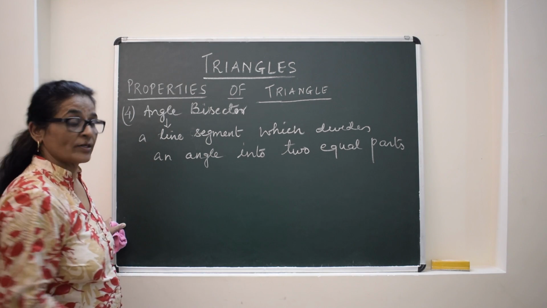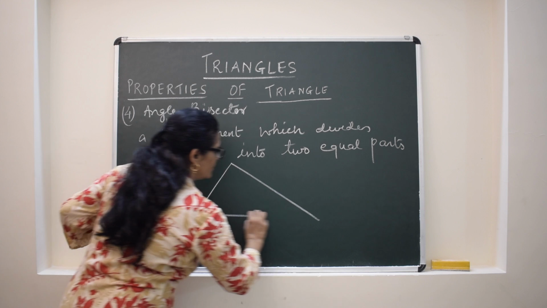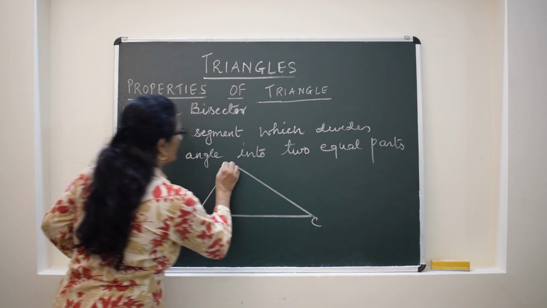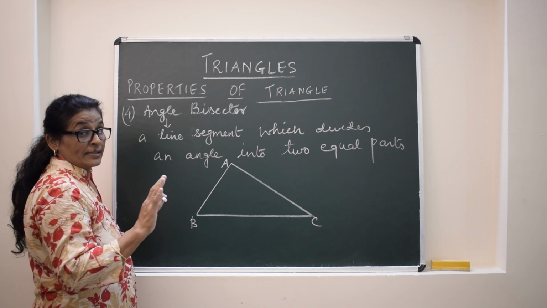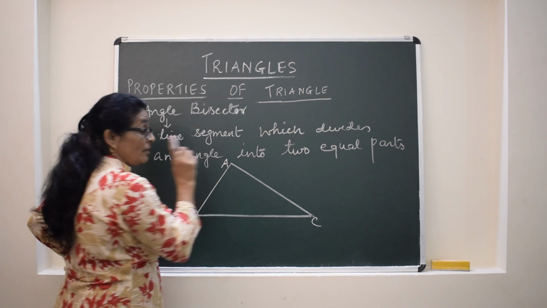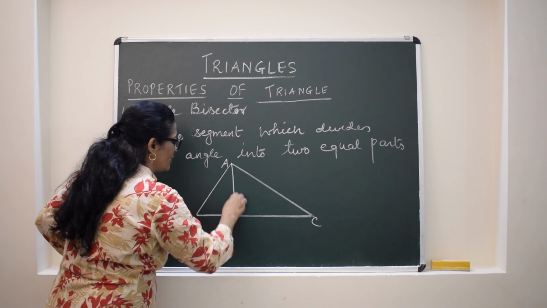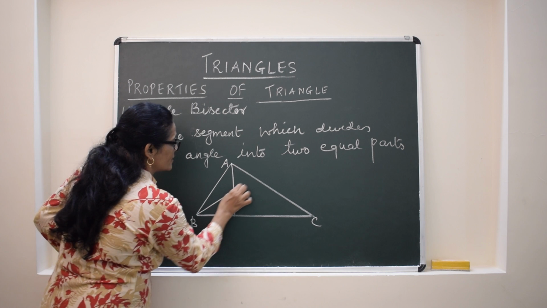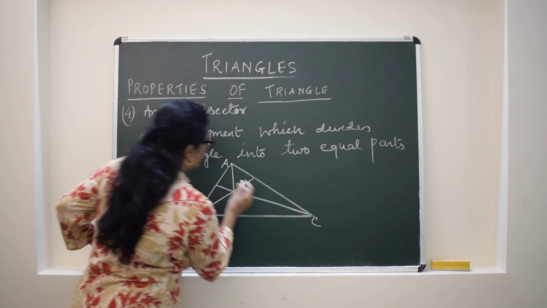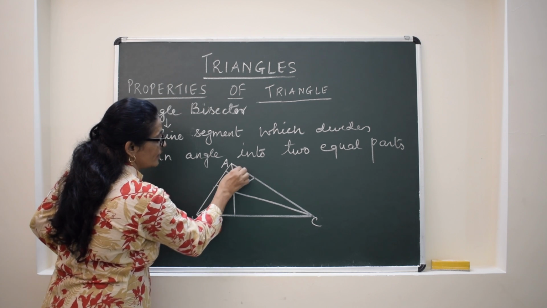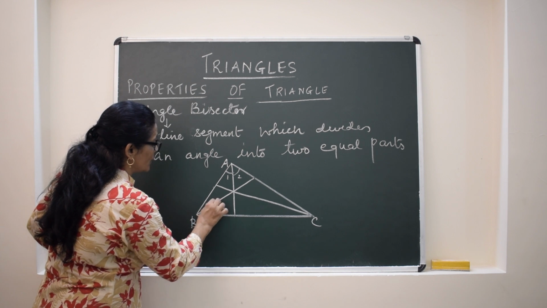So for any triangle, first we will see a general acute angle triangle. All three angles are less than 90 degrees. And if we draw angle bisectors, here also the angle bisector will be drawn from each vertex. So here I have drawn one angle bisector, another angle bisector, and the third one. Third one will come like this. It means that this angle 1 is equal to angle 2. And here angle 3 is equal to angle 4.